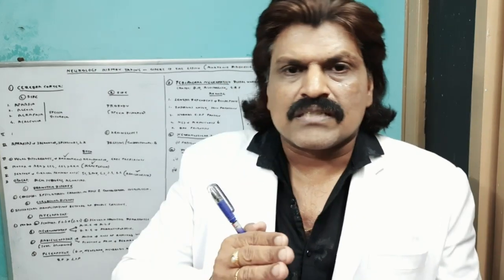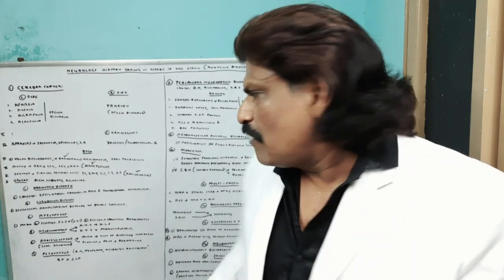Second is ALS, amyotrophic lateral sclerosis. It not only affects the upper motor neurons, but it can affect the lower motor neurons too. So there could be a combination of upper motor neuron and lower motor neuron clinical manifestations. For example, they can have fasciculations and severe atrophy of the muscles. But in the same muscles, when you try to elicit the deep tendon jerks, there could be brisk reflexes. So brisk reflexes with atrophy of the muscles and fasciculations, involving both the upper motor neuron and lower motor neuron systems, is amyotrophic lateral sclerosis, multifocal.